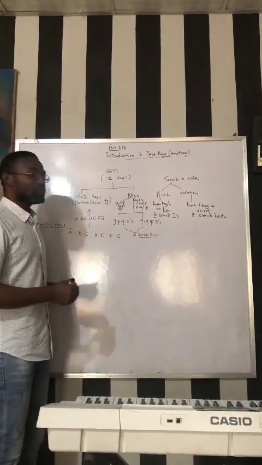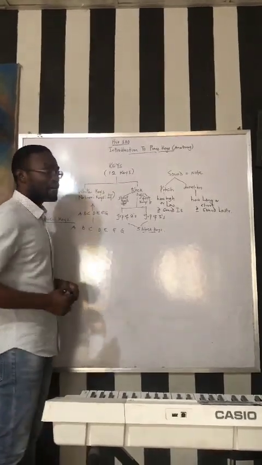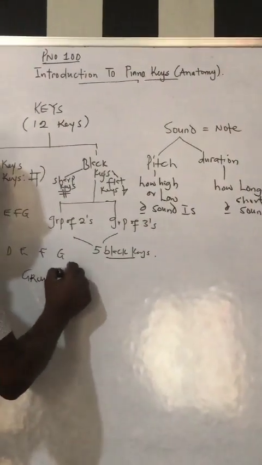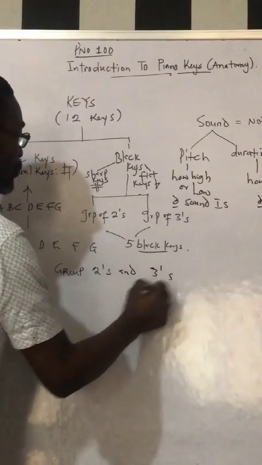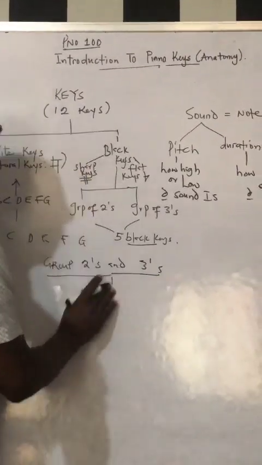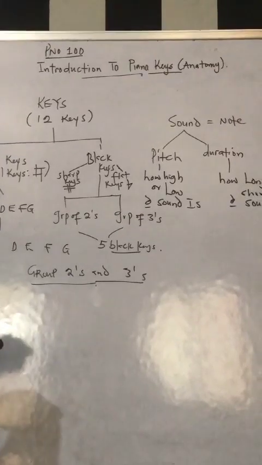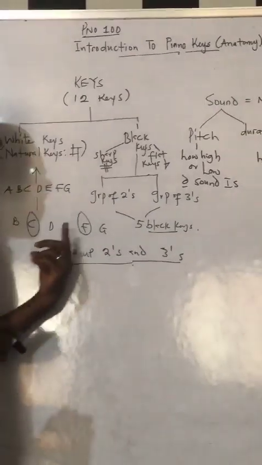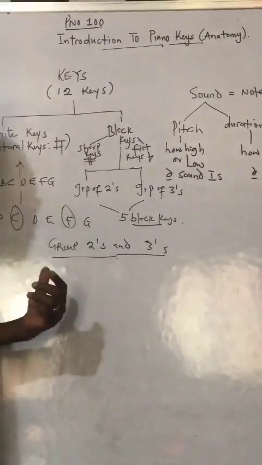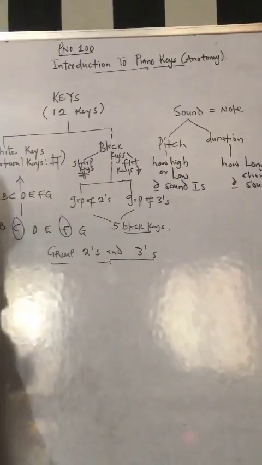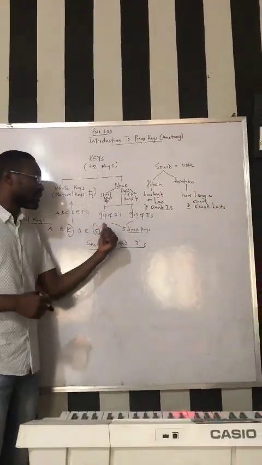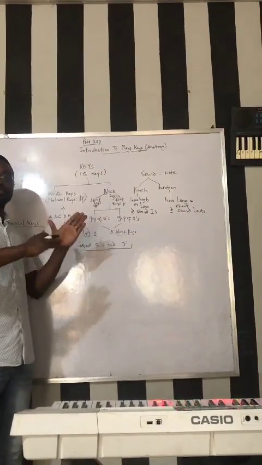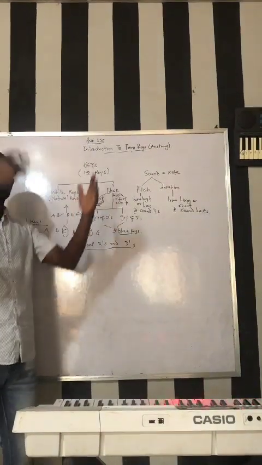Please, we go over now to the landmarks, and that is the groups of twos and threes. There are two basic landmarks in piano music for learning or knowing the actual keys. And those two landmarks are the keys of C and F. Once you are able to identify C, and of course for F, you just read A, B, C, D, E, F, G, and you complete the rest. And of course, there's no H. You must pay mind to that. It means that once you get to G, the cycle returns back to A,